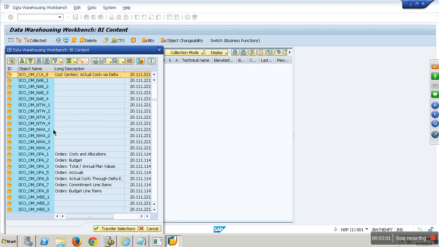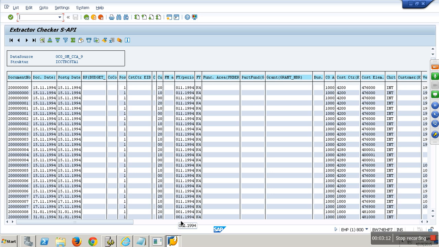And if the data source supports delta, it will be timestamp. It will be timestamp. Now when the delta is running, where do I see the status? See, for COPA, where can you see the delta status? In KEB2. For generic extractors on the timestamp, I can see status in RSA7 itself. For any of these business content extractors,